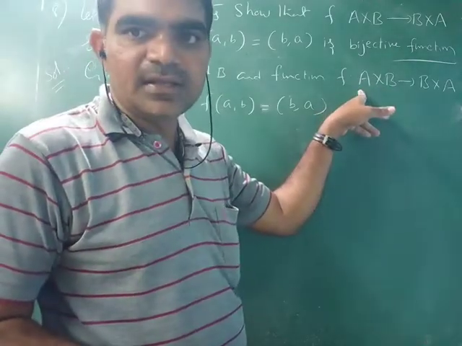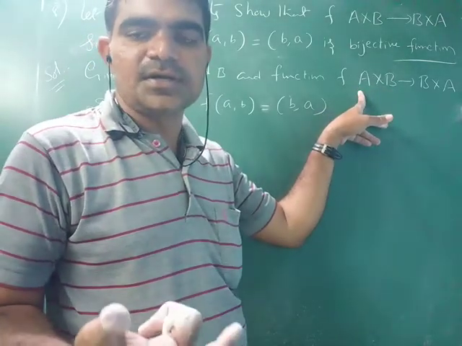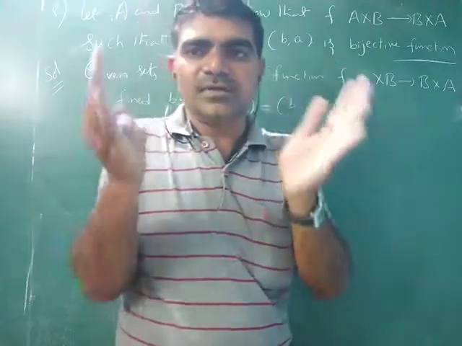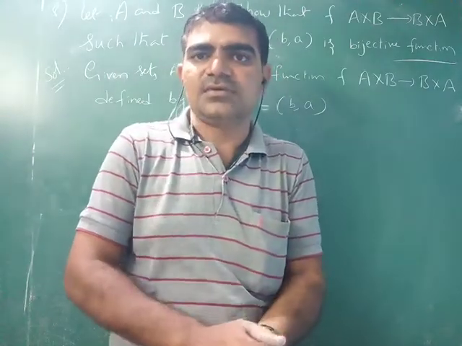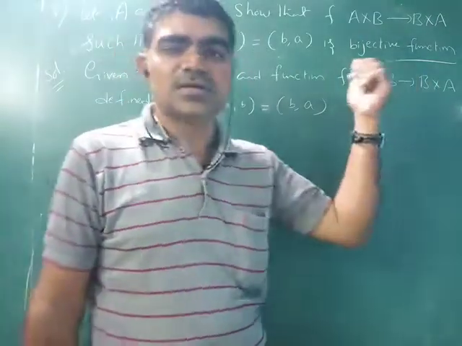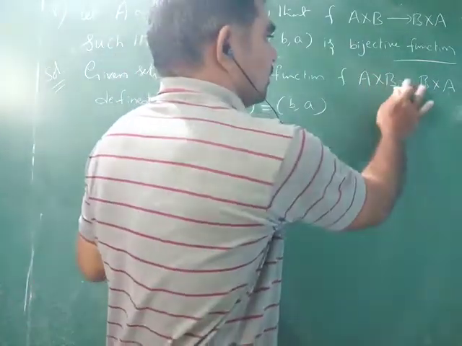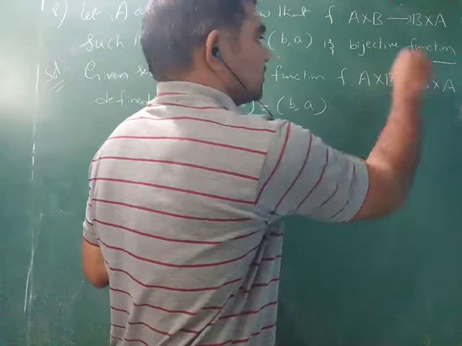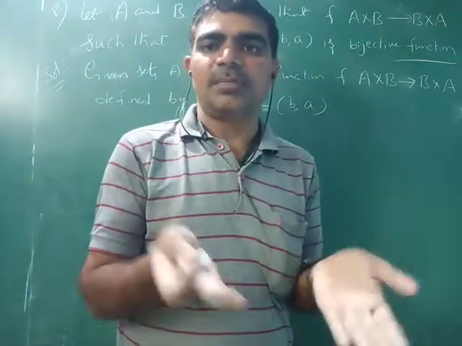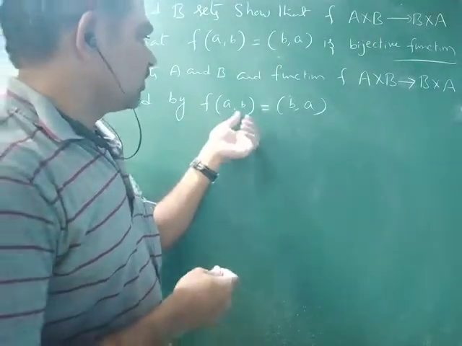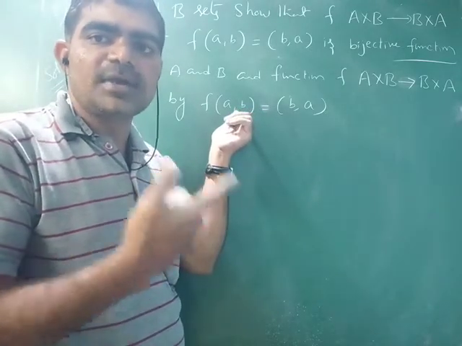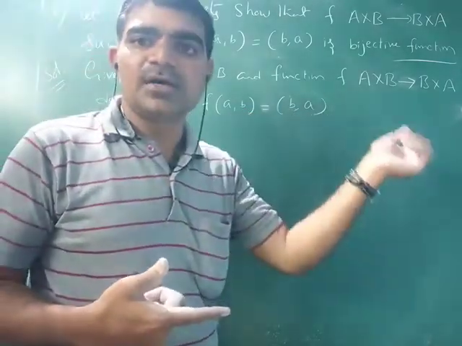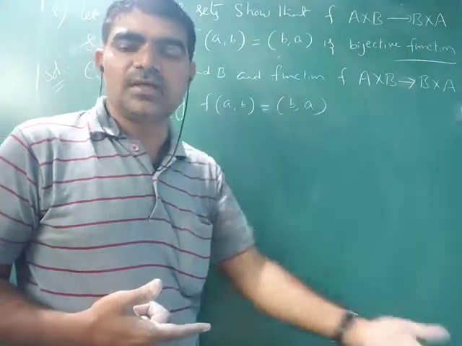what is the domain here? A cross B. A cross B means Cartesian product. So what are the elements in Cartesian product? Set of all ordered pairs. B cross A also, what? Cartesian product. It is also containing all the ordered pairs. That's why f of x, here x is nothing but an element, an ordered pair. We are getting b comma a,